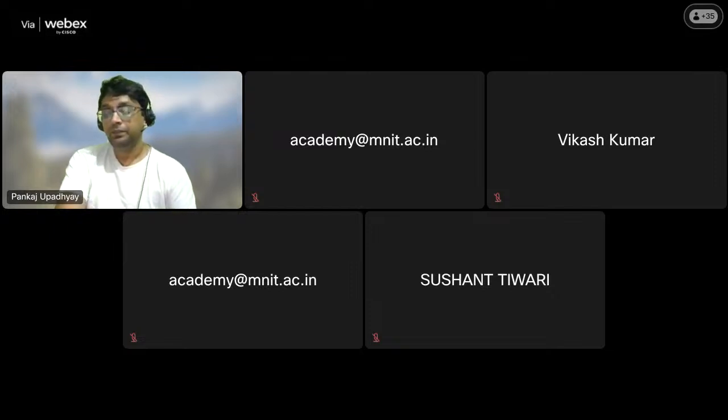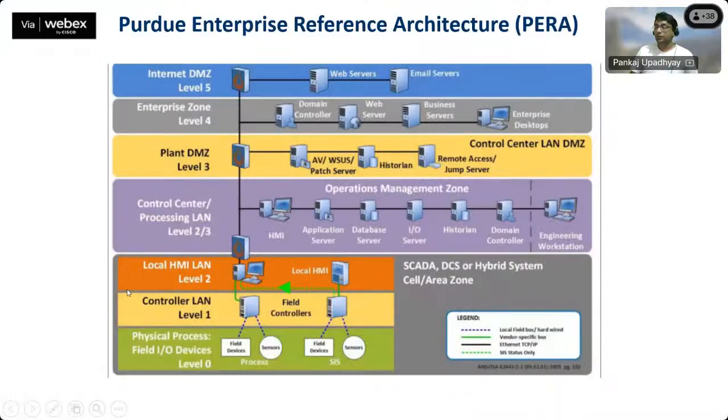So, the most important factor in OT nowadays has to be taken into consideration as in IT. We have a data center, certain network segmentation, access layer switches, distribution switches, core switches, and a separate DMZ, demilitarized zone, where we keep applications that are exposed to the internet. That's how we segregate the network architecture.